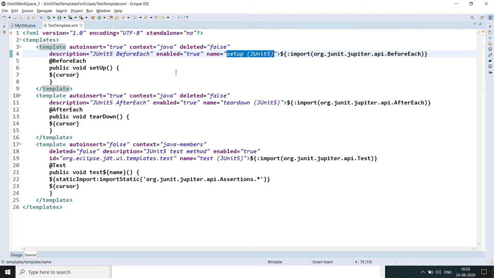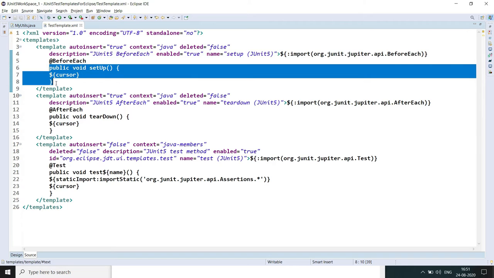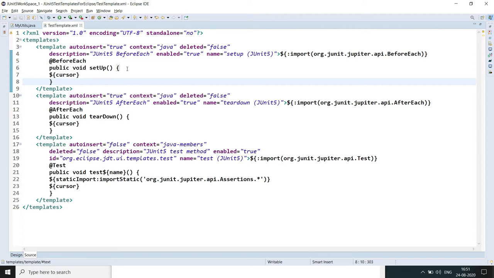Of course, the import should happen automatically from here. Once you use add before each, the import should happen from this package, and this is the method template we have given. Once you insert this method, the cursor will point over here, and from there you can start typing.